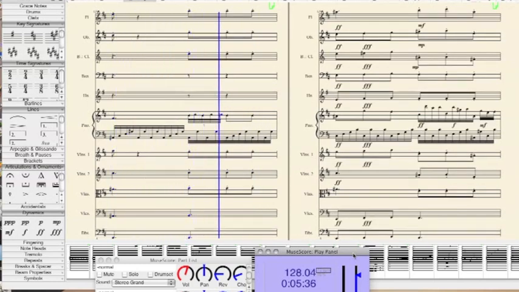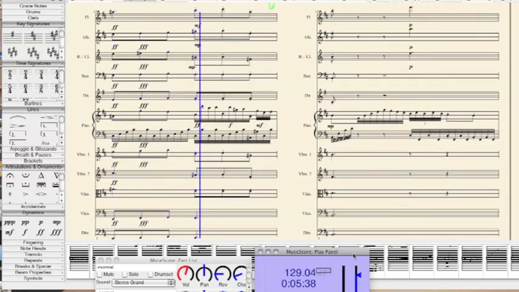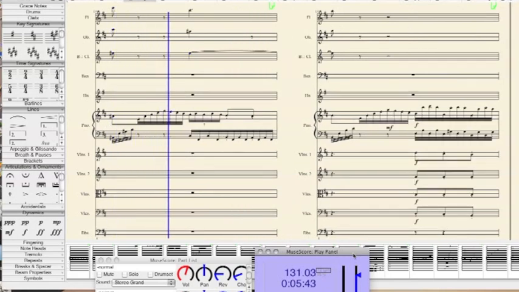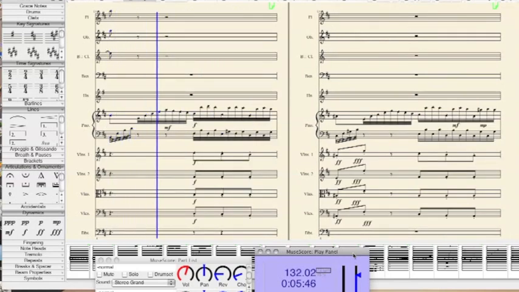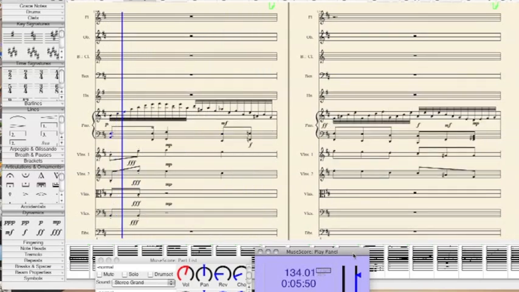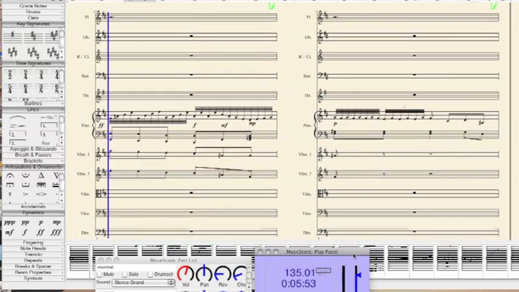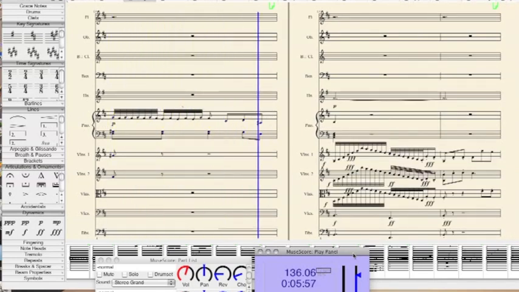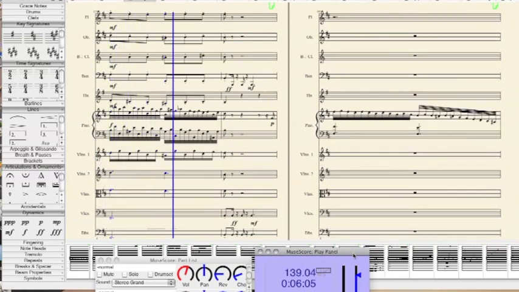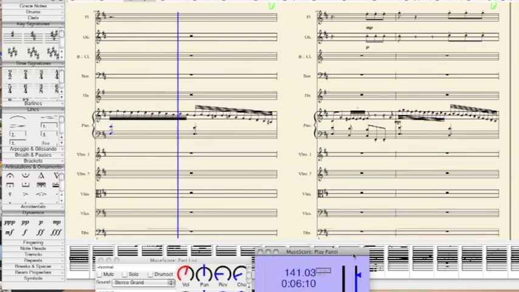Build up here. Interesting piano solo part here